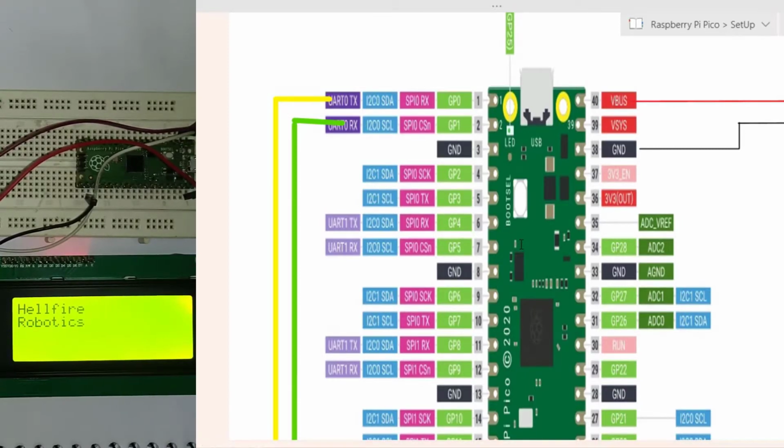So this is the simple circuit diagram, and let us now take a look at the MicroPython coding. And here, as you can see, we are using a 20 by 4 LCD display, and all the 4 rows are being used to display some data. Also, this code is made in such a way that a normal 16 by 2 LCD will also work. So first let us move to the MicroPython.